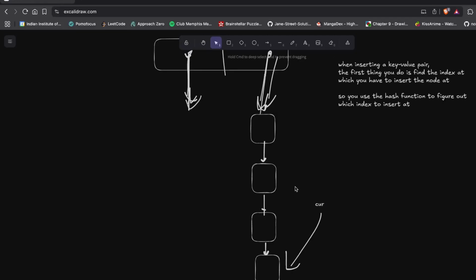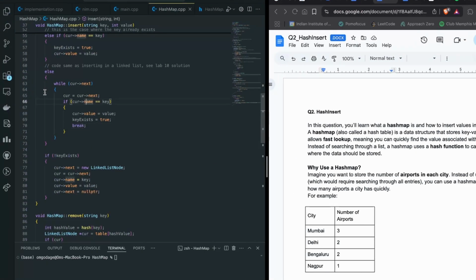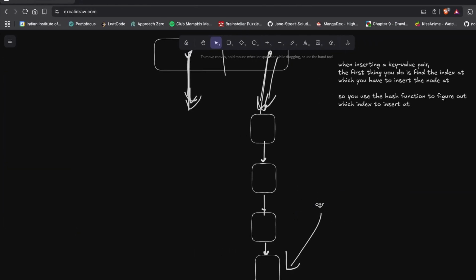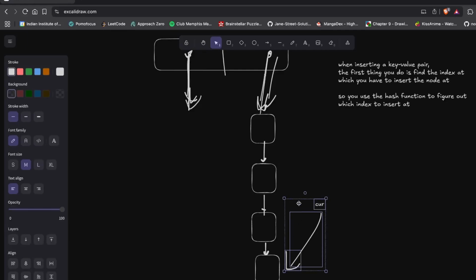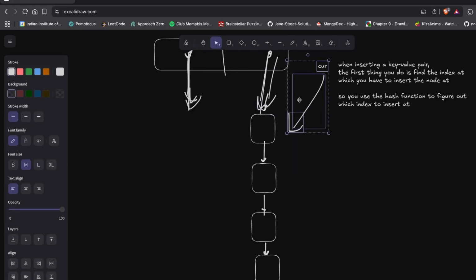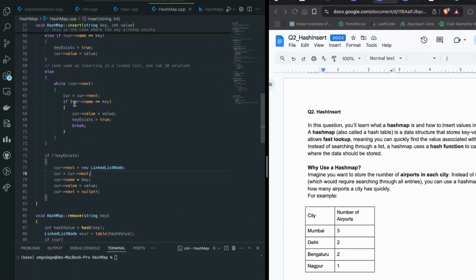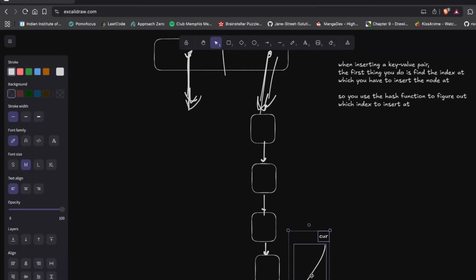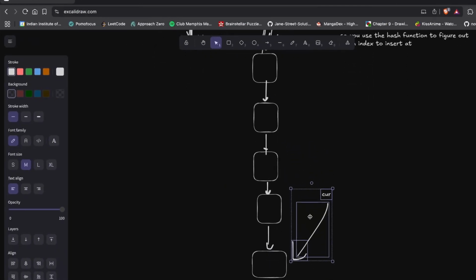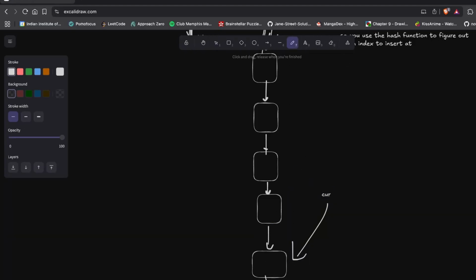So in this code what you do is you keep on moving the cur pointer, so you keep on moving this ahead, like this starts from here and then you move it ahead. If you encounter that a particular node has the name same as the key, then you have to update the value. If you don't come across such a node, then you will keep on going up to the end where cur.next will become null,